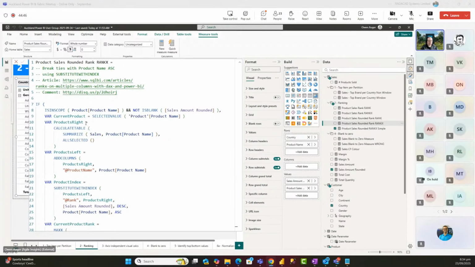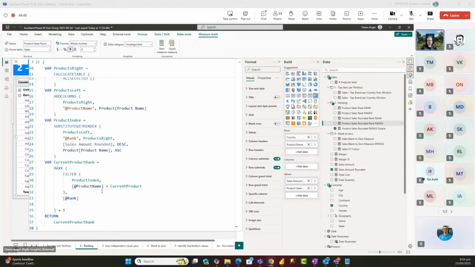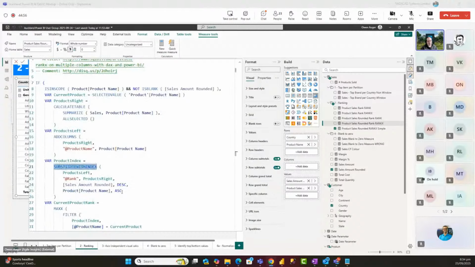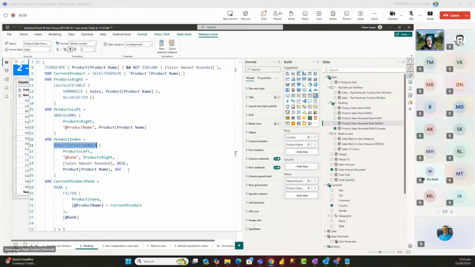There's another method, which is a pretty ugly example, and there are some links here to discussions on this method. It uses a special function called substitute with index. Again, this is a pretty ugly method. Substitute with index is normally used internally when Power BI generates queries for visuals. It's not a nice function, not a very intuitive function, but technically you can create an index based on two